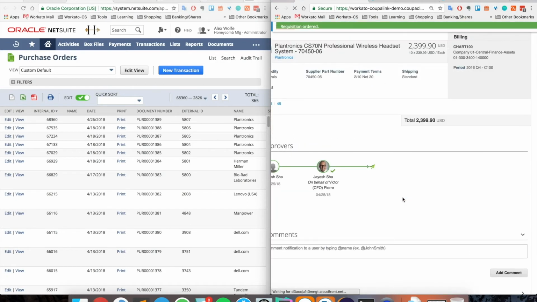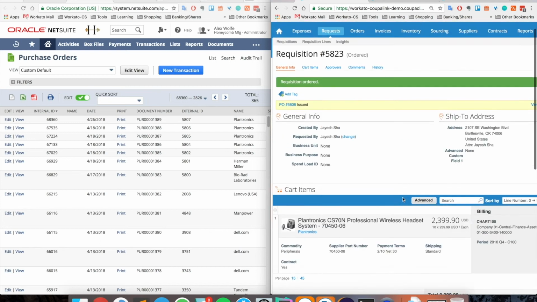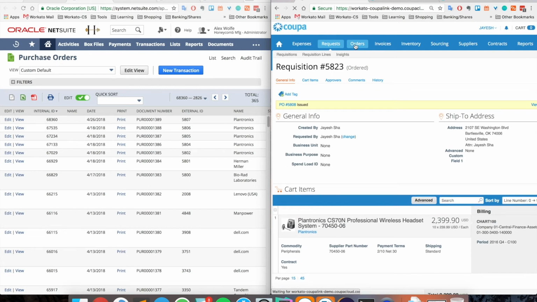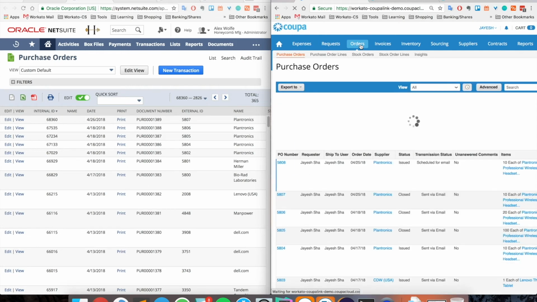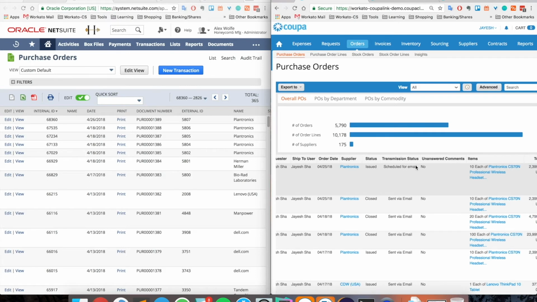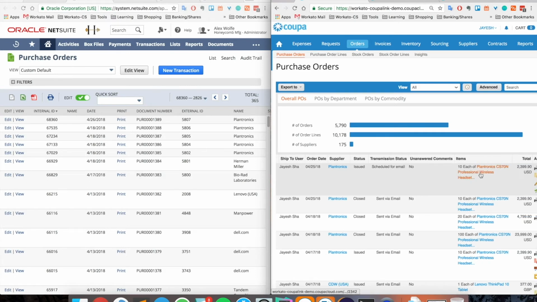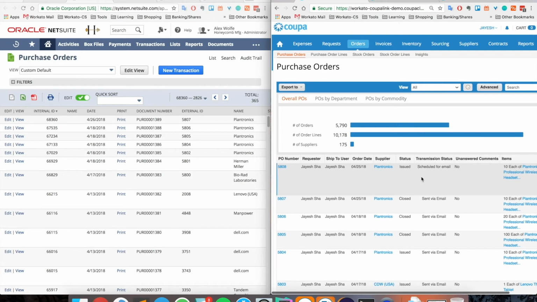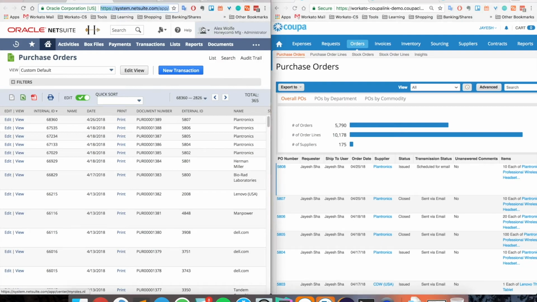All right. So now if we go back into our orders, we can see that there is a new PO that's created. So let's wait for it to load. Yep. Here we see that PO 5808 has just been issued, and the order is for 10 pieces of the Plantronics wireless headset for 2,399.9 US dollars. So if I go into NetSuite now and I refresh the page in NetSuite,